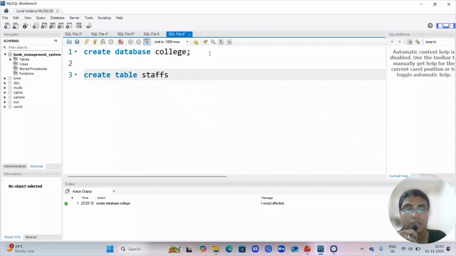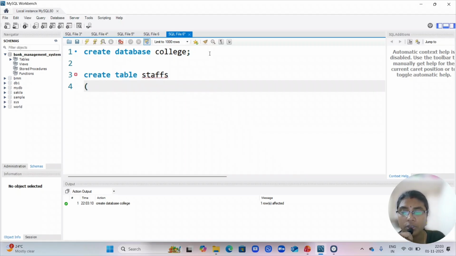Staffs is a table name. So in the table name, I should give some column names. I should mention some column names, right? So open the bracket. Here I am going to give staff ID as one of the columns, and each column must have some